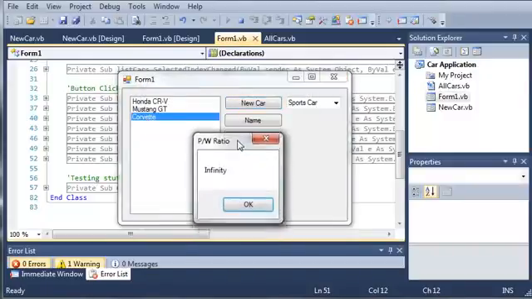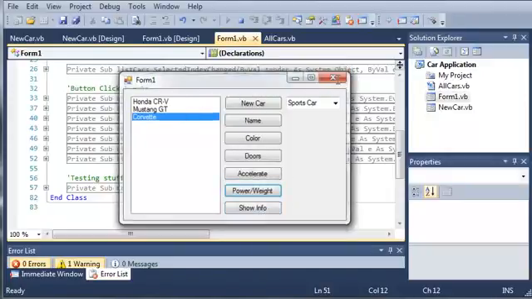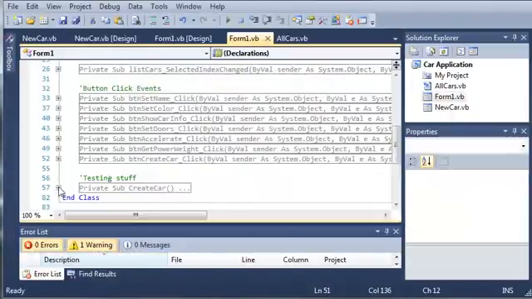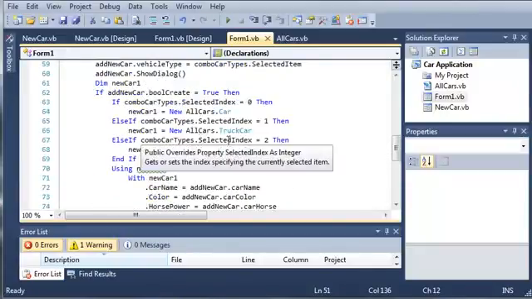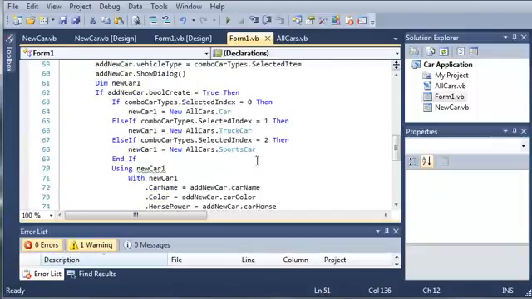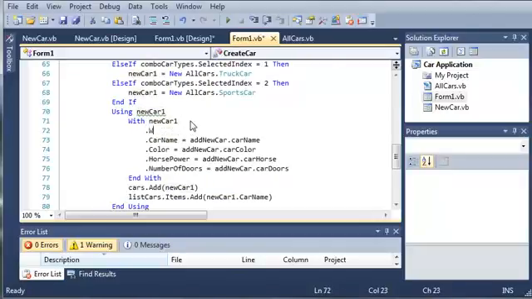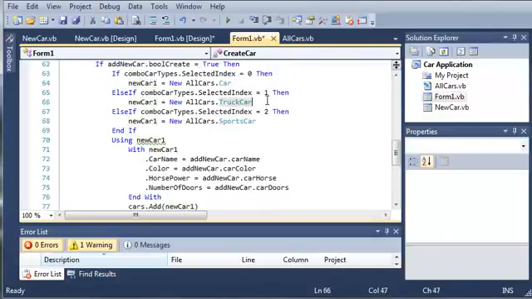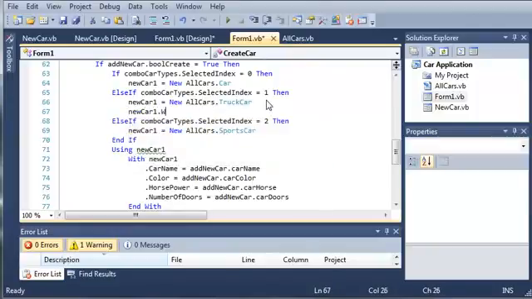We can get the power to weight ratio, and it says infinity. And that is because we didn't set the weight of the car. So let's just go ahead and add a default right here. So we'll set the value of the weight to 1000. So we'll come up here to truck car, and new car 1 dot weight,